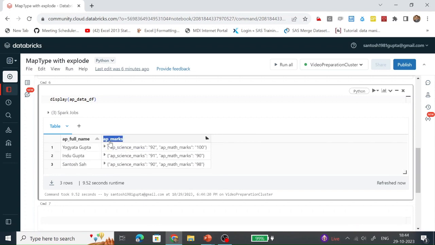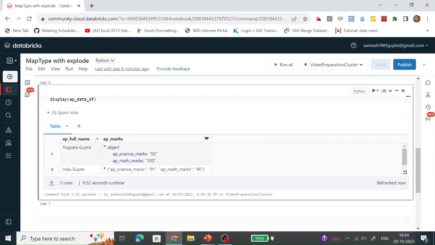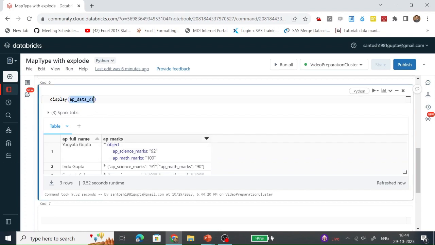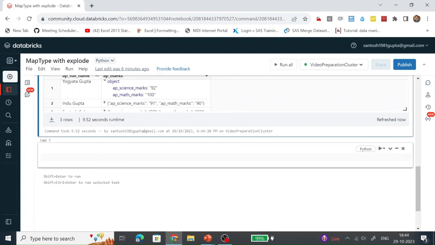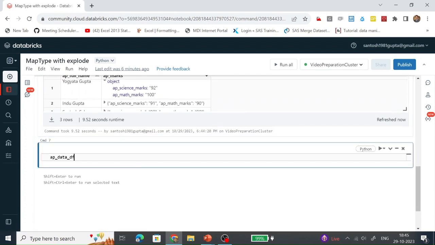This AP marks data is stored in the object. This object is of map type, and there are two keys and their values. First key is AP underscore science underscore marks, the value is 92. Second key is AP underscore math underscore marks, and the value is 100. Let's see the schema of this data frame.